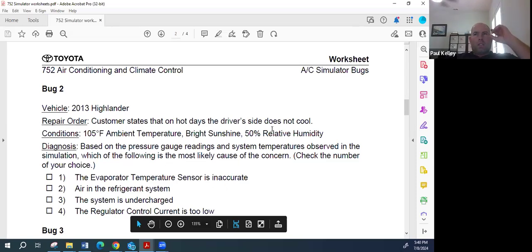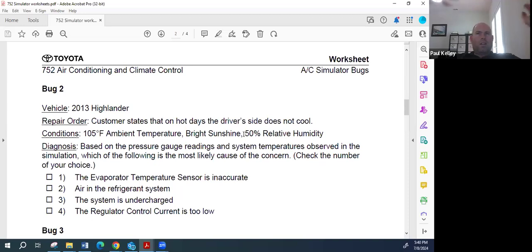Customer states on hot days, the driver's side does not cool. You're like, what the heck? It's crazy, right? So you're gonna go through, and this is a Highlander. He's gonna go through, do all 10 of them. I'm gonna say it shouldn't take you